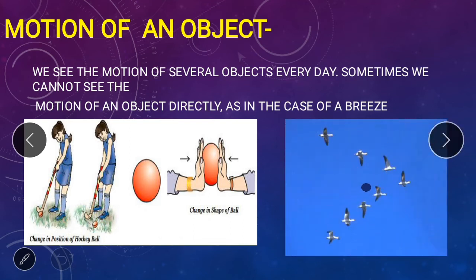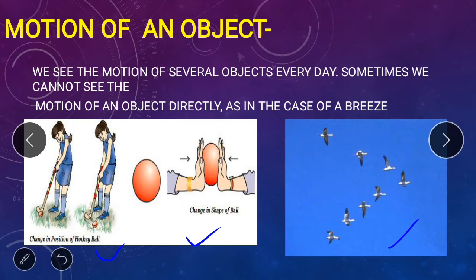Okay, so there are two types of motion over here. The first motion is this. As you can see, a girl playing with a hockey ball, and there's compression in the shape of a ball. Also you can see birds flying over here. So what are these diagrams exactly? And there are two types of motion, as I told you. One type of motion which you can see. For example, the girl playing with a hockey ball, a boy running, someone compressing a ball, someone pushing a ball inside, someone playing with a ball. These are certain motions which you can see, right?